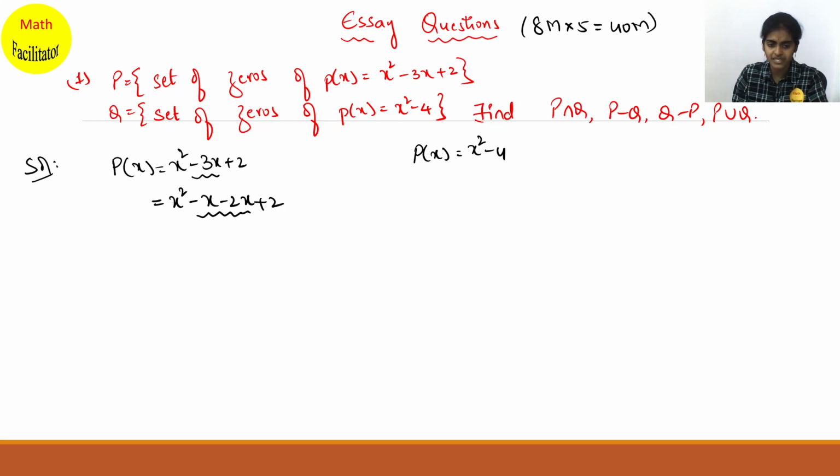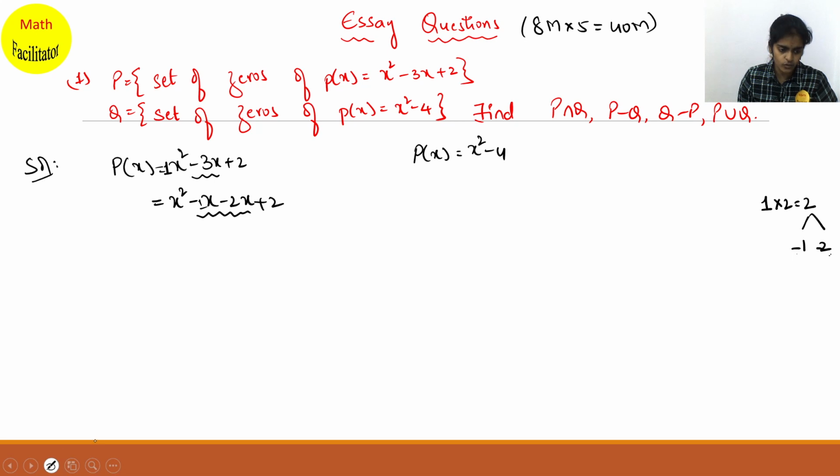Why am I writing it in this way? See, in the factorization method, you take the coefficient of x square, it is 1, and the constant, and you take the product of the coefficient of x square and the constant, the product is 2. Now you take the factors of this, 1 and 2. 1 and 2 gives you 3, but I want minus 3, so I'll take minus 1 and minus 2, which gives me minus 3. The middle term is minus 3. Now the product of minus 1 and minus 2 gives me plus 2, and adding minus 1 and minus 2 gives me minus 3. So it is satisfying. So I am splitting minus 3 as minus x and minus 2x. Minus x is nothing but minus 1x, so since the coefficient is 1, I don't have to mention it here, right?